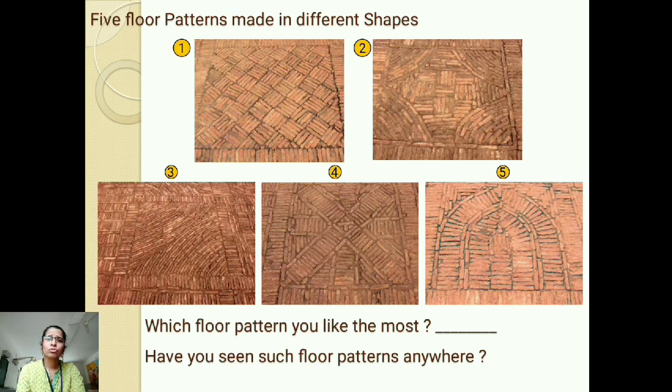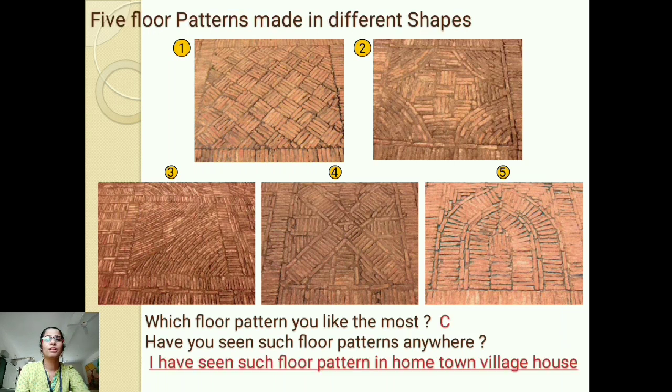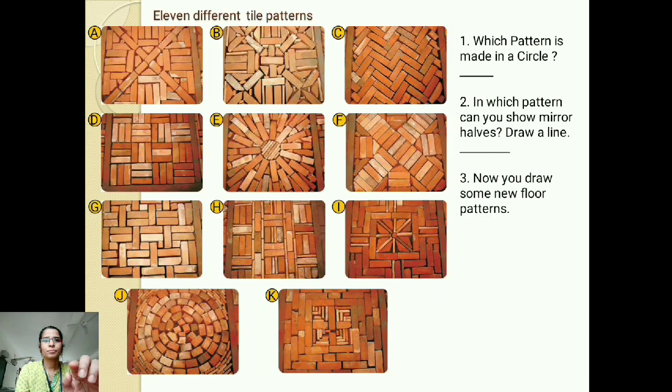And nowadays also we see such brick patterns in the pavement area or when they make a compound area. Nowadays they make such patterns with the bricks so that it looks very interactive and innovative. Looking at these patterns, the masons created several different patterns. Now here you can see there are 11 different new patterns which those masons made for the Jagruti school, as the principal had told them to make. So they made such innovative new patterns.